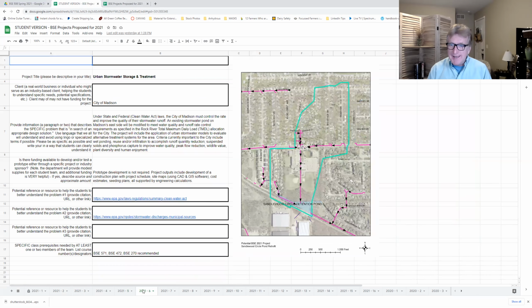Project number 6, you might think of it as being somewhat similar, but it involves water. It involves natural resources. It is an urban stormwater storage and treatment facility. When I say facility, we're actually talking about a physical structure. So you could think of this as a pond or other type of retention storage facility. And what's really critical is that when we work in this project, the city of Madison is obviously really